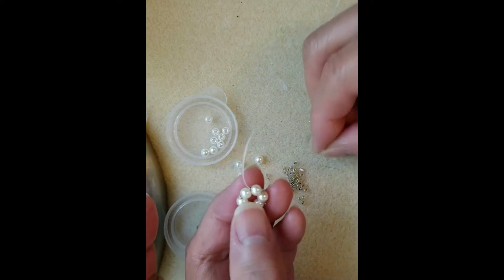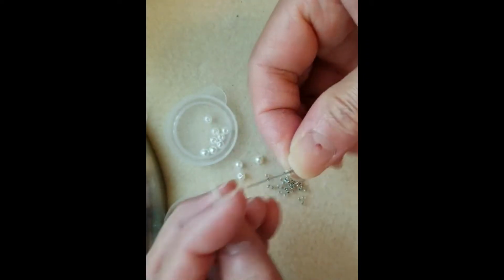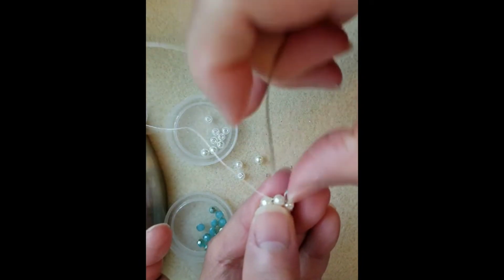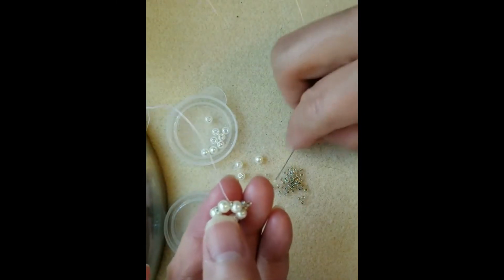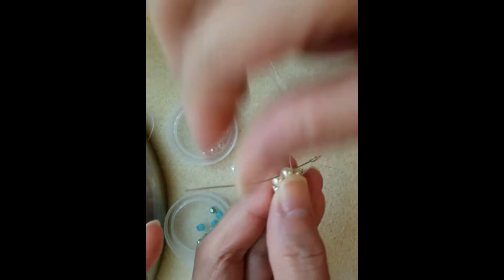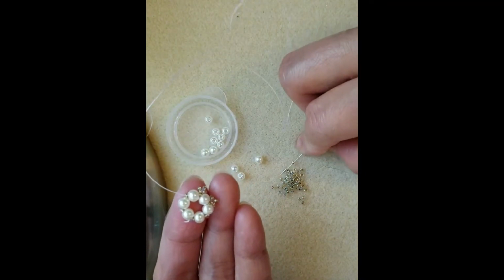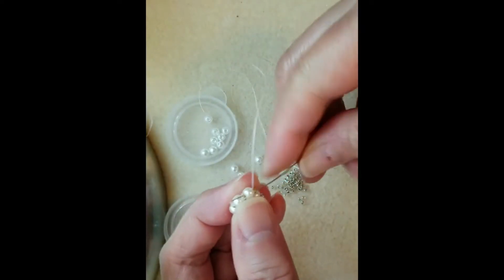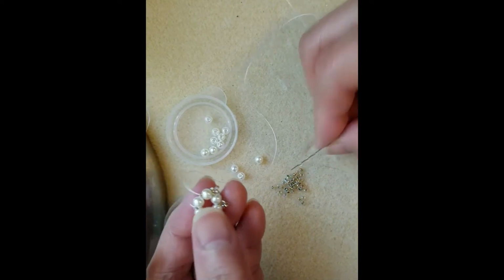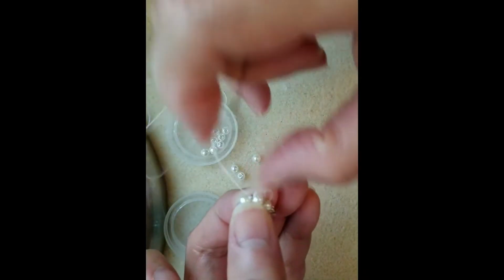Pick up, I'm coming out of 11, pick up 3 seed bead, pass through, seed bead, pearl, seed bead, and I'm making a picot. Pick up 3, 11, pass through, pearl and seed bead, pick up 3, pick up 3, 11, pass through, pearl and seed bead,